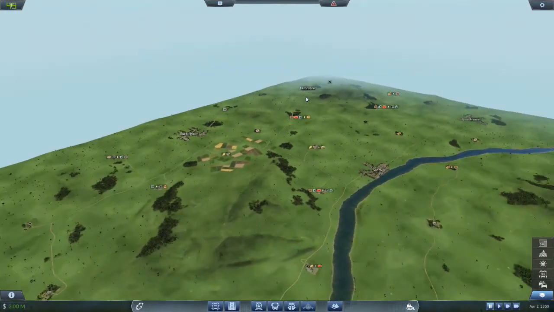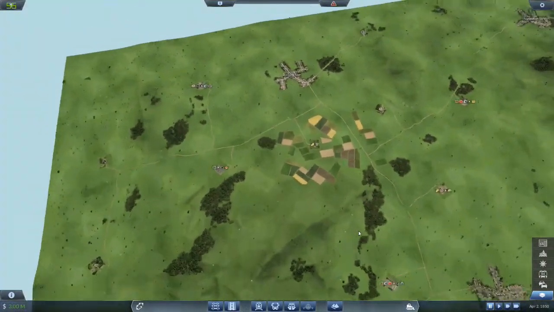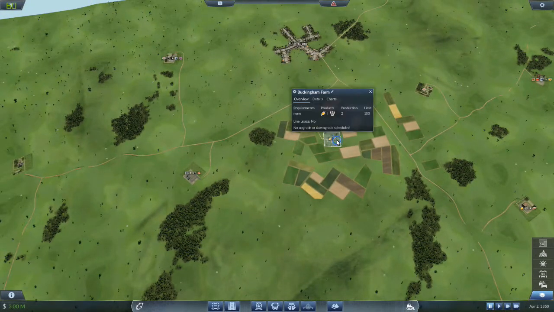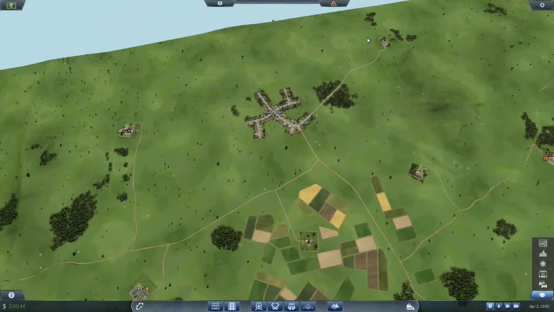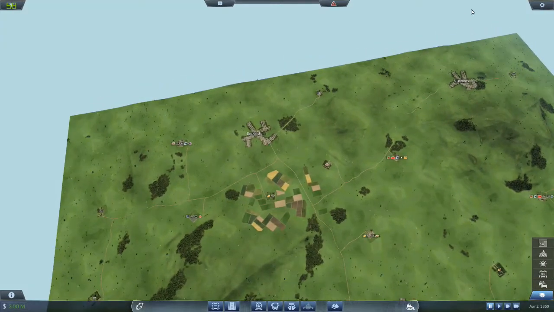Quite a reasonable amount of roads already in there. And this one's quite good because already we've got the ability to create food. There's a farm, and over here we've got a food processing plant. Absolutely brilliant. Now also, this town here is on a fairly straight road, Buckingham to Sandy, and at some point